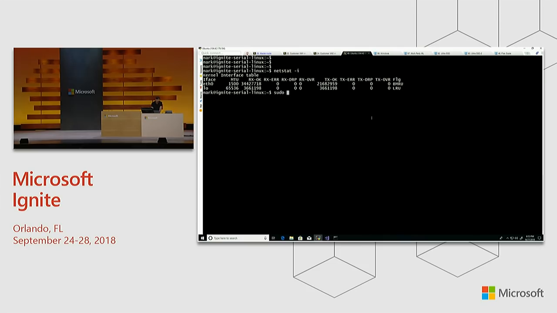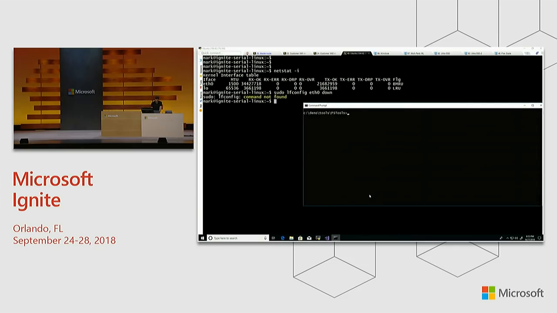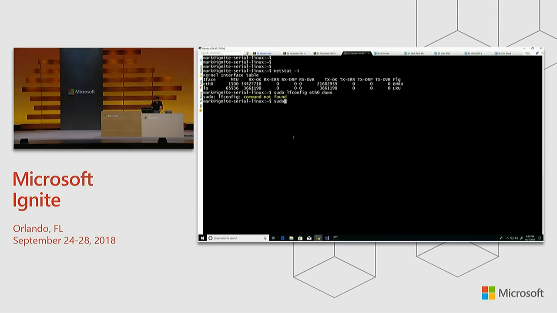And I'm going to do something that's going to simulate a problem that usually comes because of some corruption, some bug. Oops, actually I'm glad I didn't do that yet, because I wanted to ping this virtual machine first to show you. So I'm pinging that virtual machine. I mistyped that. And what this command does is takes out that Ethernet interface. So the second I do this,